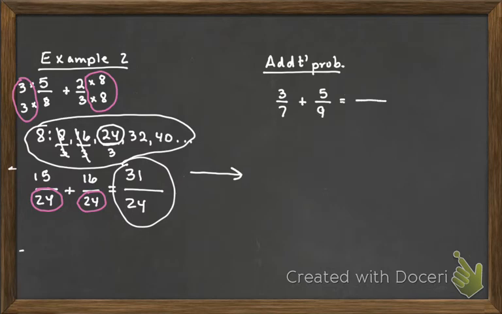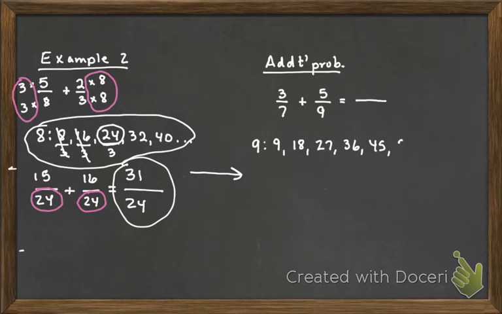Now, obviously, the stupidest question you'll be asked on a Monday morning is, is 7 the same as 9? To which you will, of course, answer no. So that means that we need to find a common denominator. Now, I'm going to start with the larger number and take the multiples. 9 times 1, 9 times 2, 9 times 3, 9 times 4, 9 times 5,